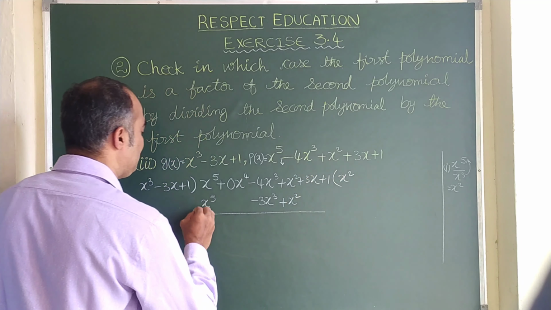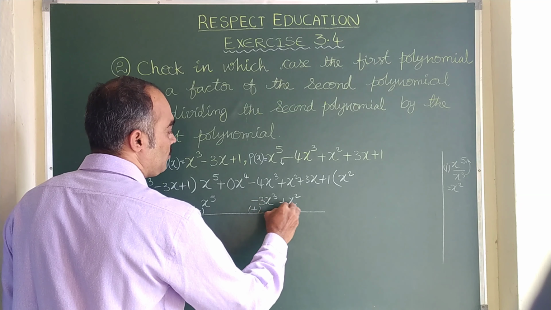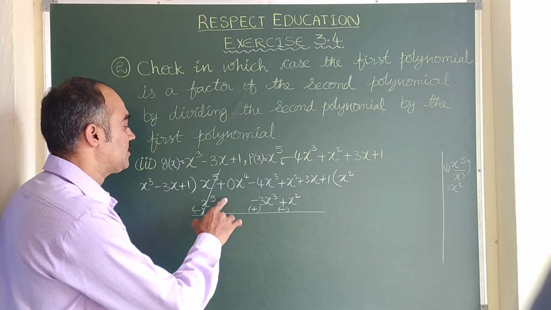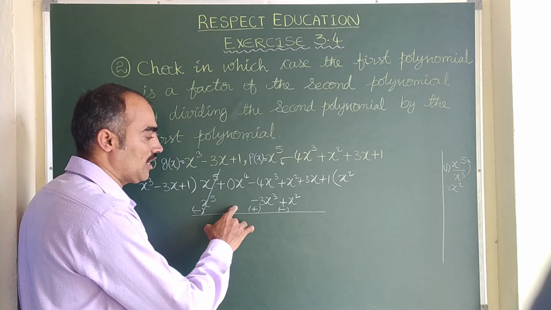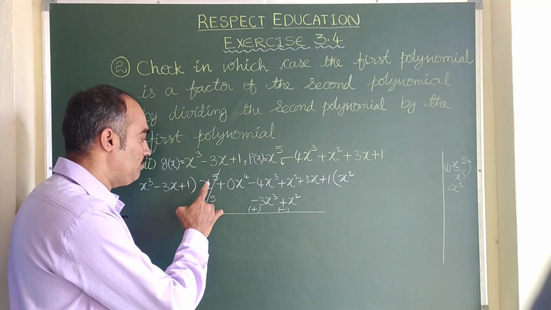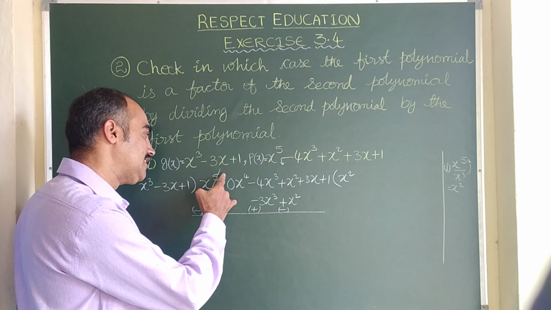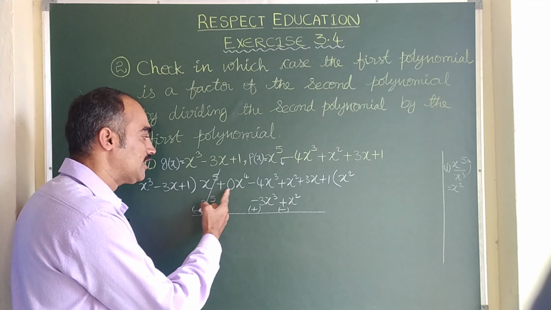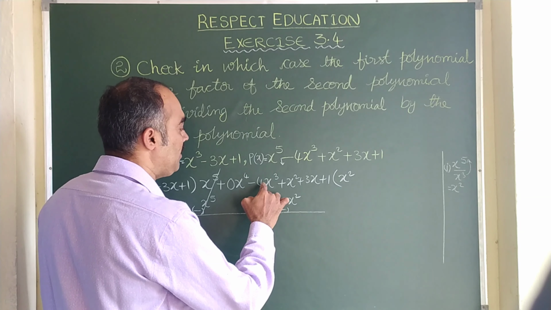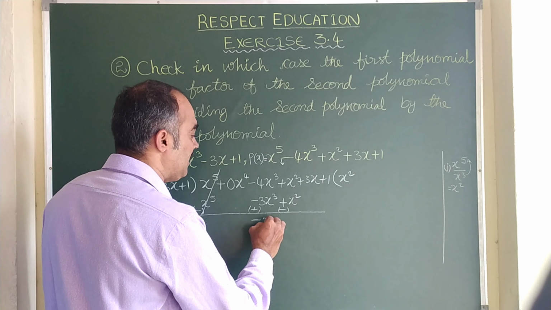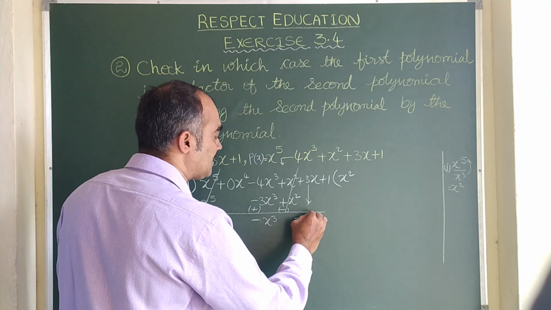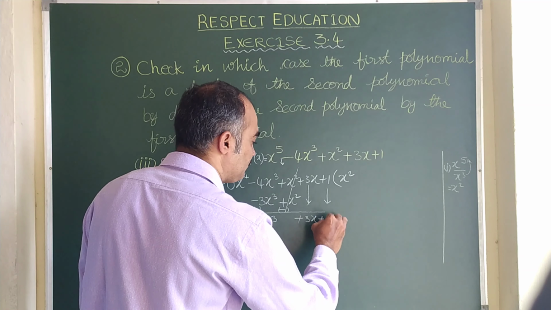Now let us change the symbols. Negative becomes positive, positive becomes negative. They both get cancelled. Here the question is, do we need to write 0 x power 4 or not? If you write it or if you do not write it, nothing goes wrong, because the term which has the highest power gets cancelled. So before this x power 4, no term is left, so we can omit it, we need not write it. Let us come back. Minus 4 plus 3 is minus 1 x cube. Plus x square, minus x square get cancelled. Let us drop this plus 3x and plus 1 as it is.